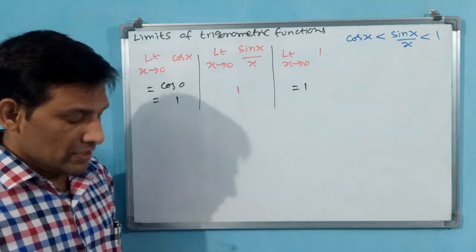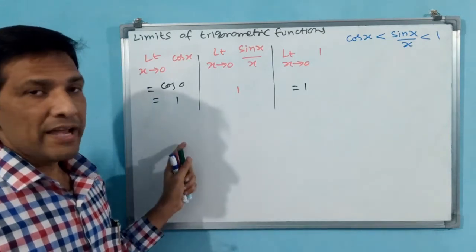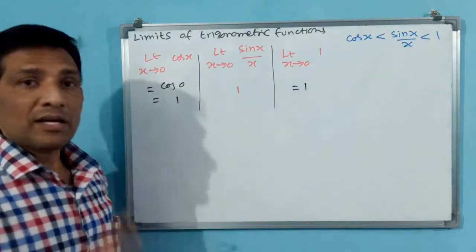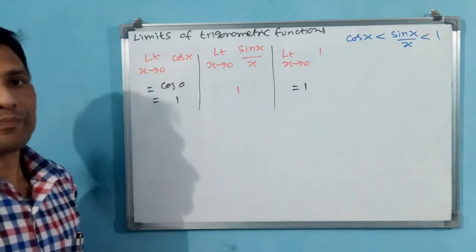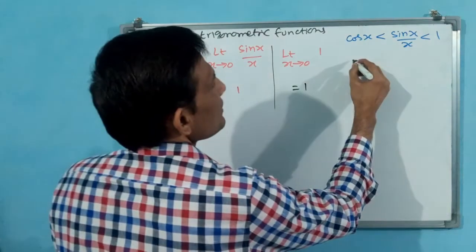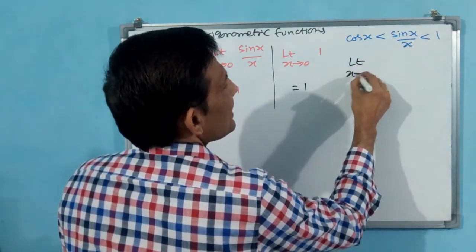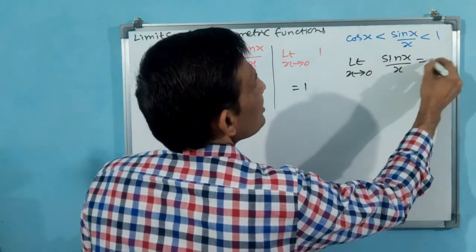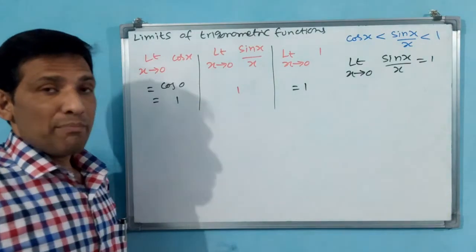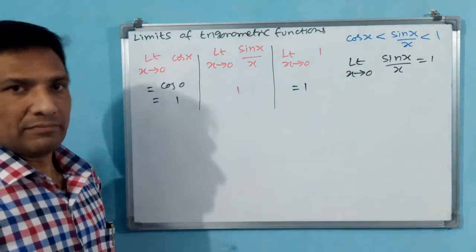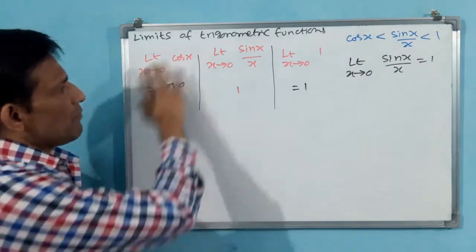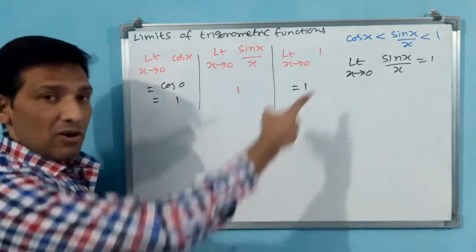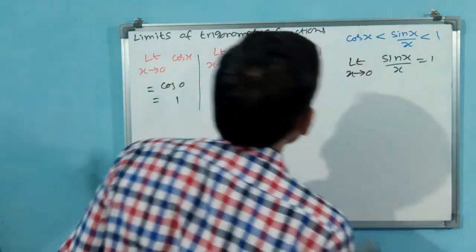Okay. Now whatever results we have derived or proved, I am going to write like this. You can say this is proved. Okay. I am writing here, you see. Limit x tends to 0 sin x by x is equal to 1, based on the sandwich theorem. Like that you write. Okay. And I am going to remove this. And another one, cos is there. Cos also we will see.